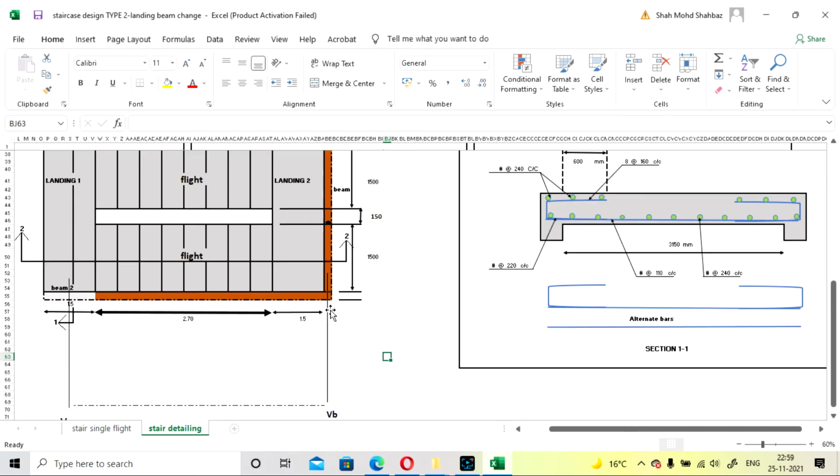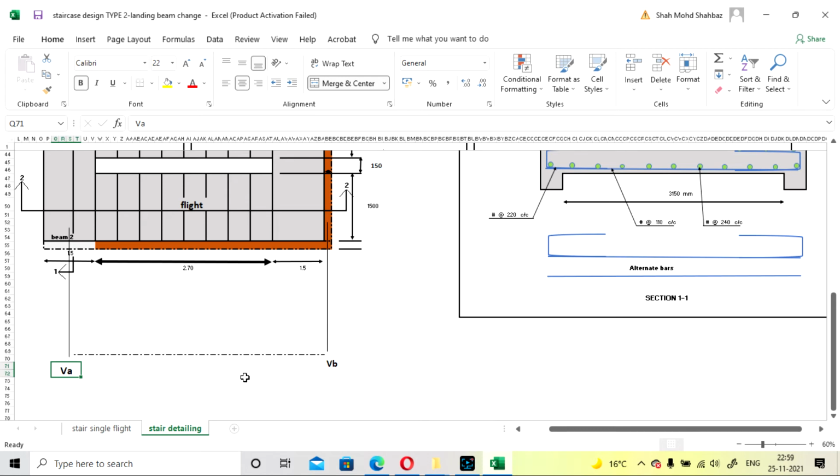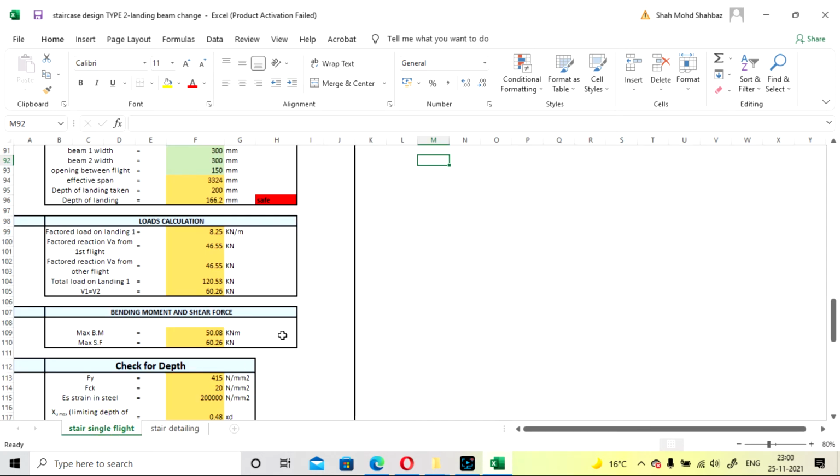Okay, so you can add here also, so you do not get confused. Okay, this is just information. So it will be reaction force as V1. Similarly here for V2. Okay, it will be acting like this on this. So V1 is equal to V2 because it is simply supported, so it is divided by 2.